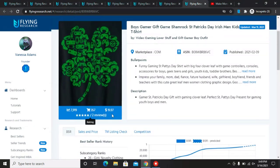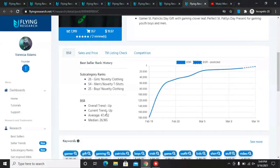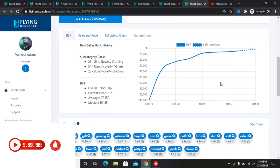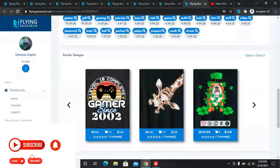It's priced at $19.97, 357 sales, 2 reviews, and take a look at this. So overall trend is up, current trend is up, and you can look at that BSR is already approaching 1. So that shows you the number of times people have bought it and are still buying it. So here are the keywords that you can use, and here are similar designs